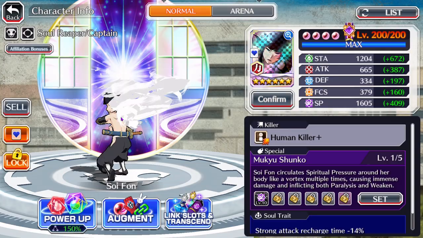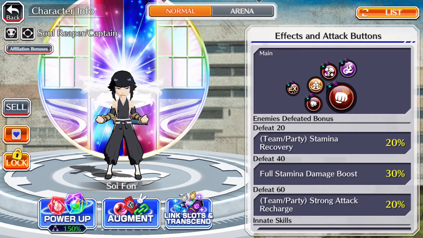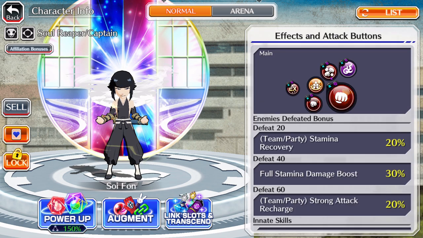SP characters, which is what this Soifon would be. You go to her thing. As you can see, these three are going to be her main attacks. Her NAD can do decent damage, but it's not going to normally. She's what we call an SP character, spiritual pressure character, because obviously she inflicts damage on her strong attacks, which